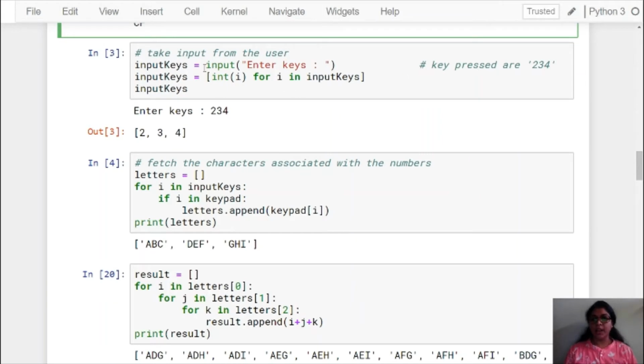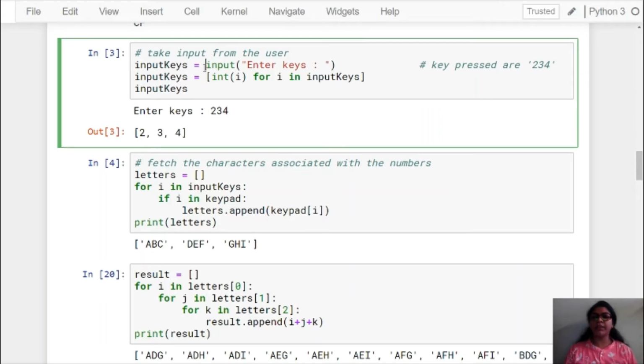But if I write int here, it will convert the whole number 2, 3, 4 into the integer 234. But we want each and every digit as a separate input, and for that we have implemented a list comprehension here.